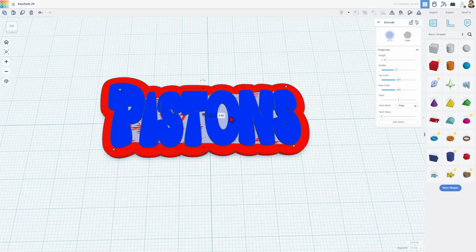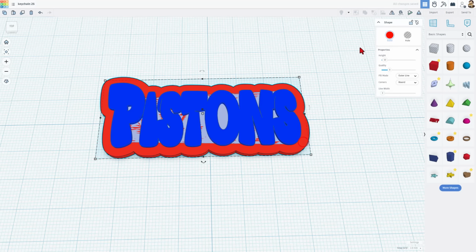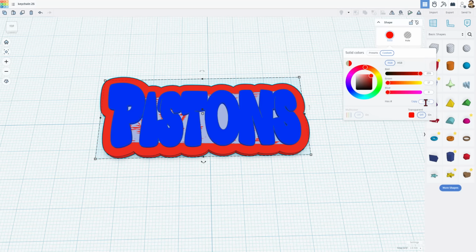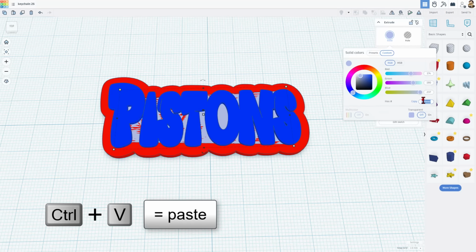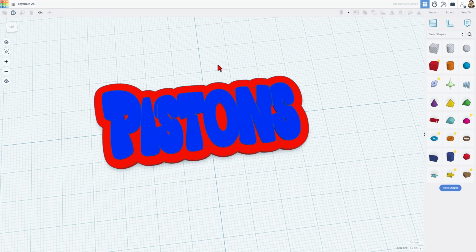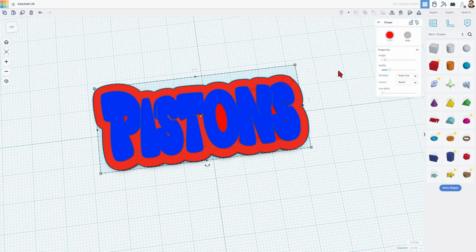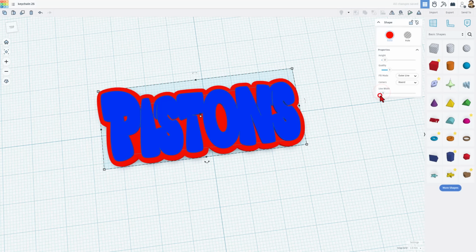Once again, that back is 2, and we just need to match the color. I'm going to match the color by clicking here, copying that, bang, going back to the other shape. And once again, custom colors, double click and Control V to paste. A fun Pistons keychain. If I want this to be 2 instead, I can click and type the number,